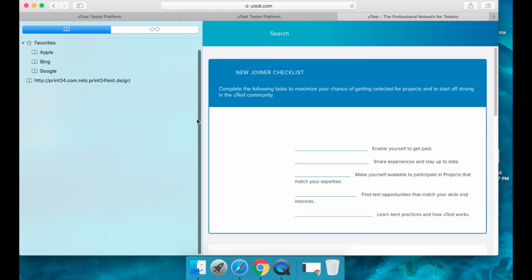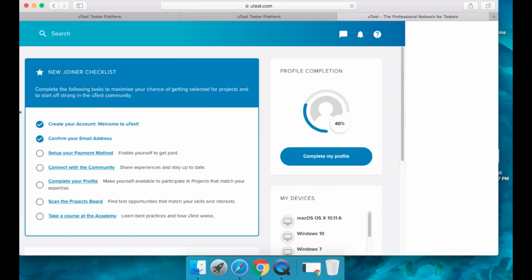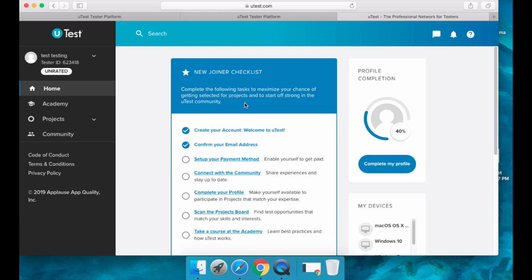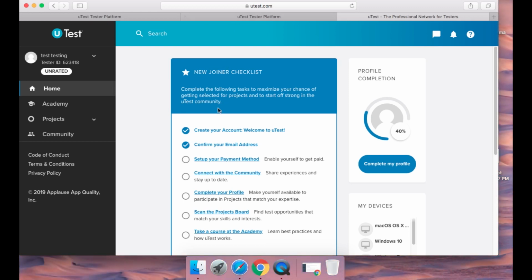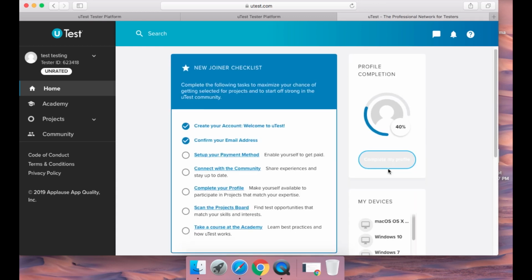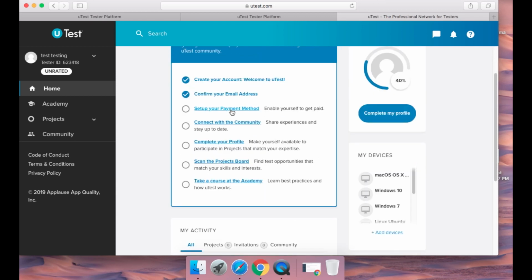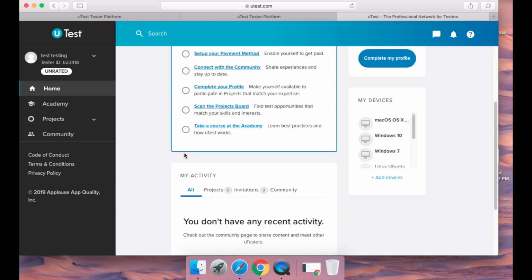I don't really like Safari. I don't know why I'm using it. Because you are here already, it shows complete my profile, set up your payment method, connect to the community, take courses in the academy. For you to start getting paid tests, you need to do something called the academy.